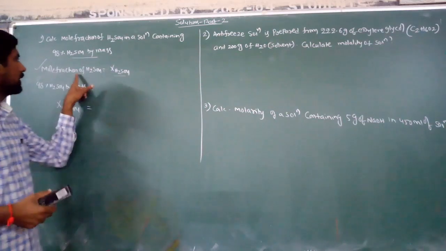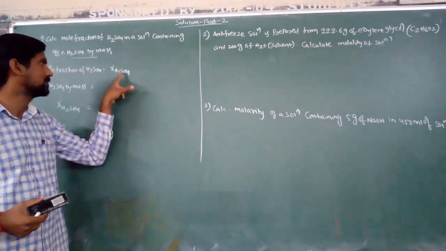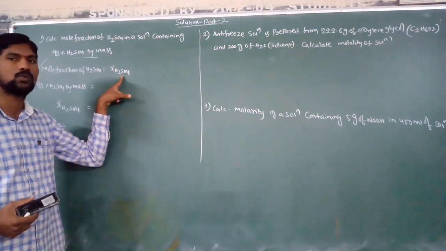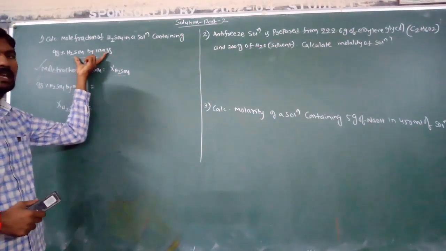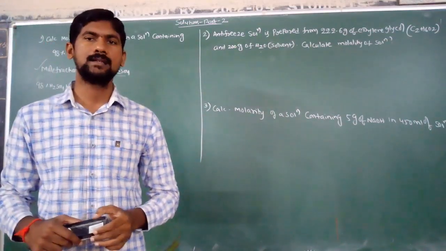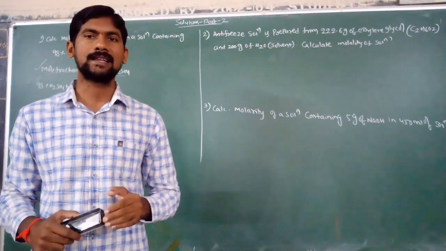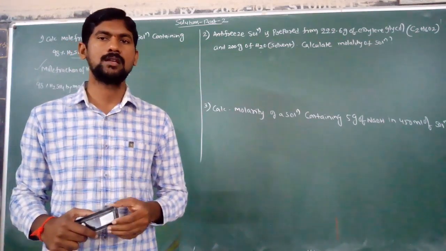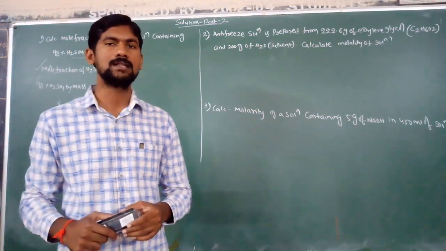So our aim is to calculate the mole fraction of sulfuric acid. You know that mole fraction is denoted by the symbol X. So the mole fraction of sulfuric acid, H2SO4. In the data given, 98% sulfuric acid by mass. What is the meaning of 98% sulfuric acid by mass? By mass means both solute and solvent are expressed in terms of masses. What is the unit of mass? Grams. Both solute and solvent are expressed in terms of their masses.